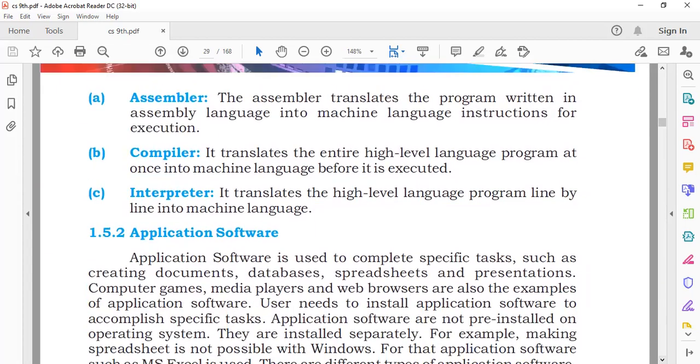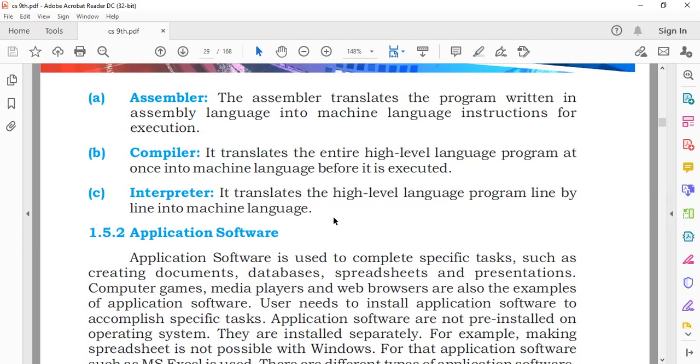So we are going to end the whole chapter here because we also have to cover the exercise regarding the chapters we discussed today: the output and the system software, operating devices, and the topics which we covered: the printers, the impact printers and the two types of printers, and the RAM and the ROM. So let me just explain to you what is assembler, and then compiler and interpreter. They are there to translate different languages into a form so that the computer can understand it.